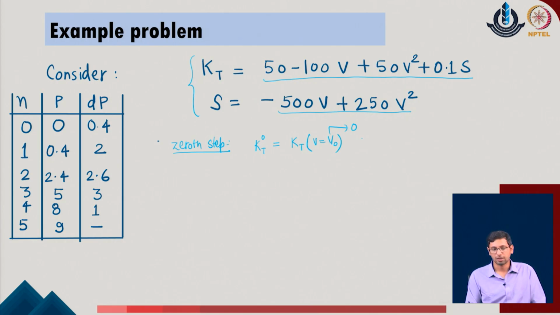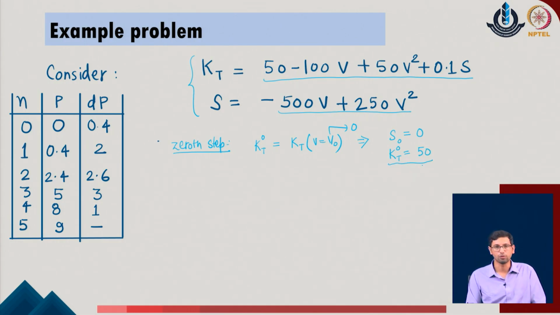So, based upon the values of the different parameters, I can first calculate the value of S. S naught comes out as 0, because V will be 0, so S will also become 0. We call this value S naught. Similarly, KT can be evaluated, giving KT 0, and as the S value is 0, we get the overall value of KT as 50 in the given system.